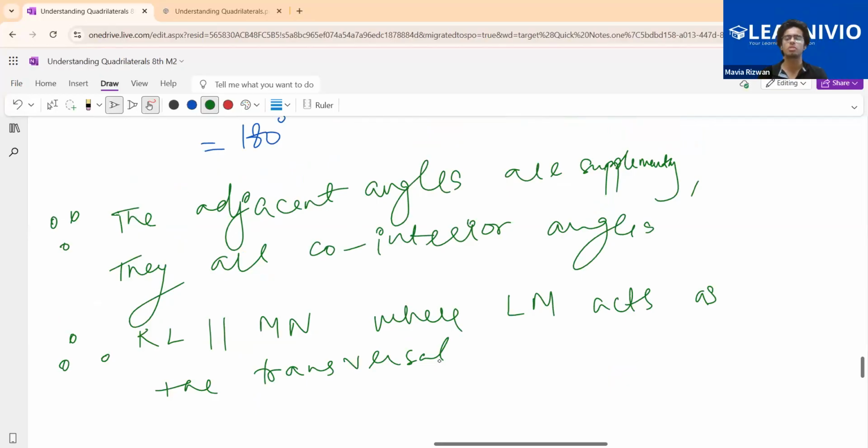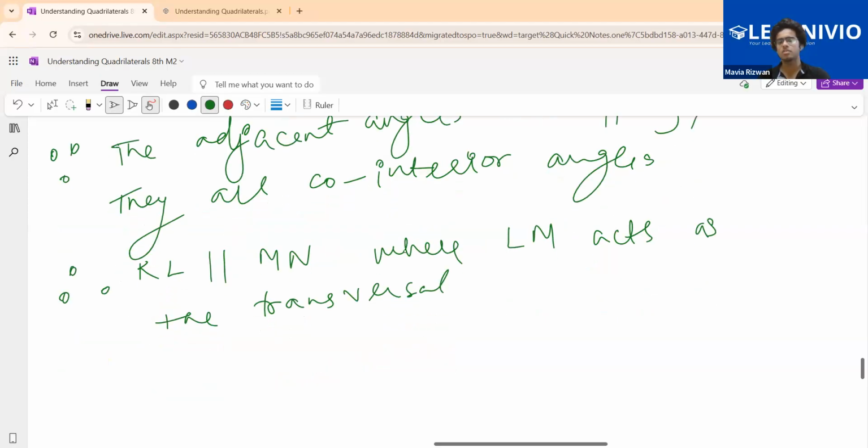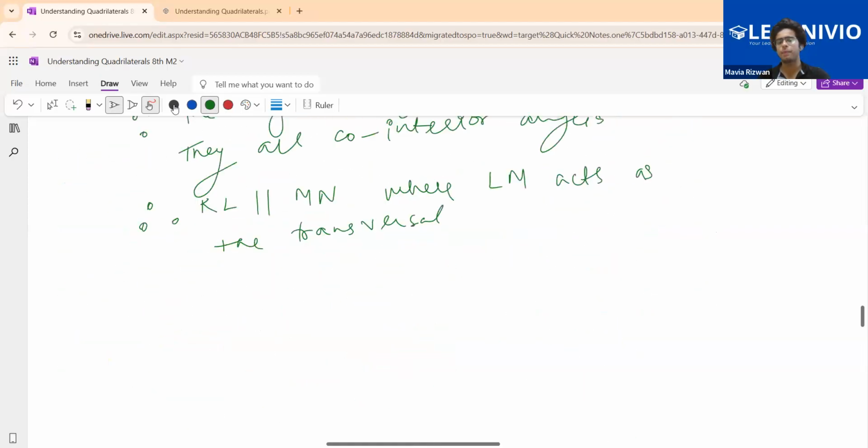Is this clear, guys, or any doubts? Sir, it's clear. Okay. Now since there is one pair of parallel sides, we are going to write,